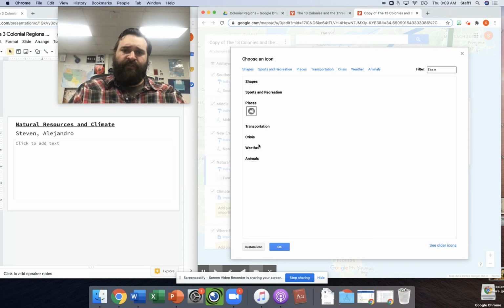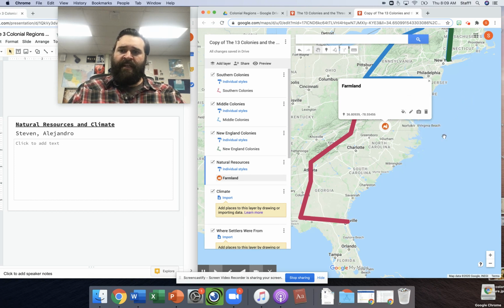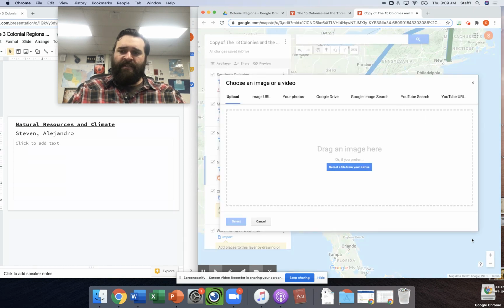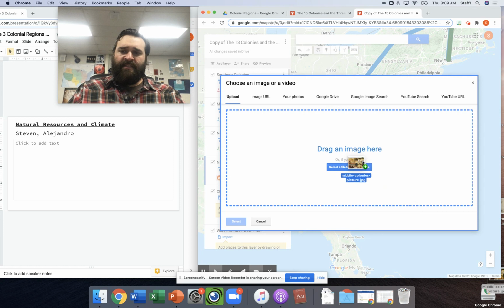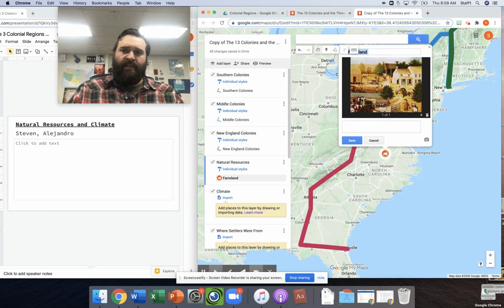We can click on farm, we hit OK, and then why don't we come up with a fun color for it? Why don't we do red, since a lot of barns are red? Then you can go and close that out. If you want, you could add a picture. So you could add something like this. Here, this is actually something from the middle colonies, but it's a picture of a farm, and you hit save,